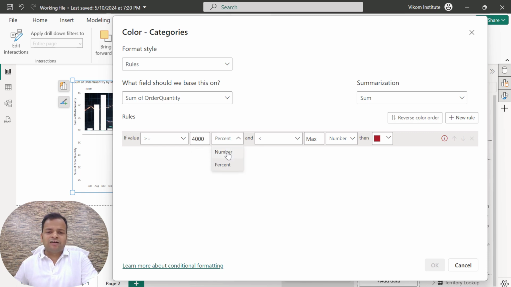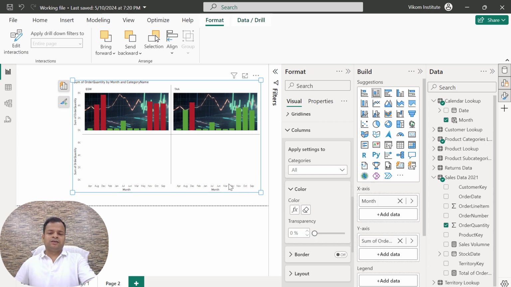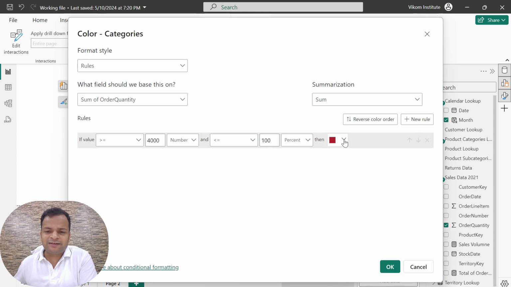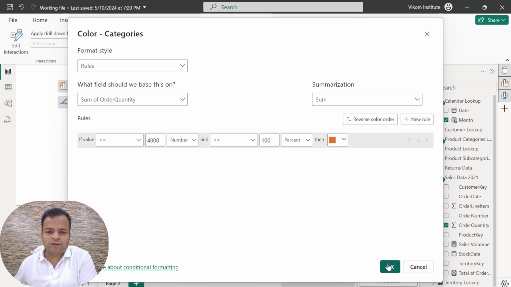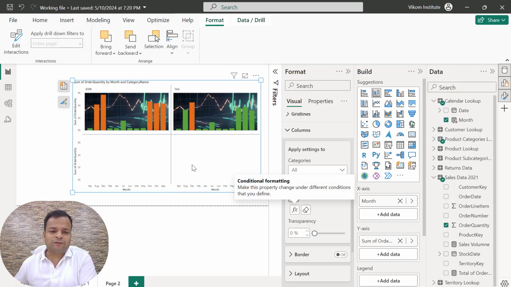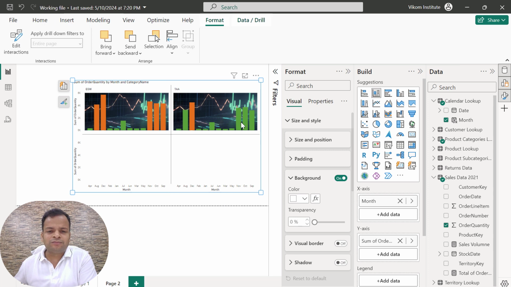So here I am going to put the number. I don't need this percent, and click OK, and you will see I have now chosen the format. Here I have chosen the red color. Let's say I am not liking this red color. Let's say I am taking this orange color, and click OK, and you will see now the format is in orange color. Now my chart is basically my white color has gone, now green color is coming.